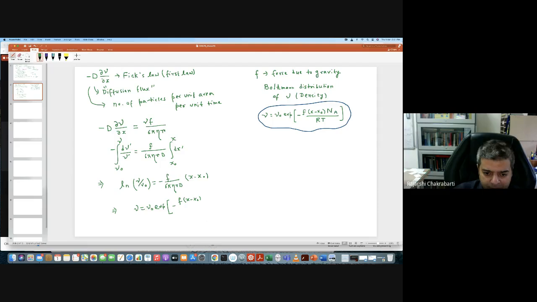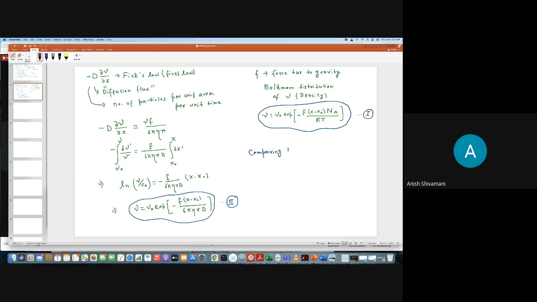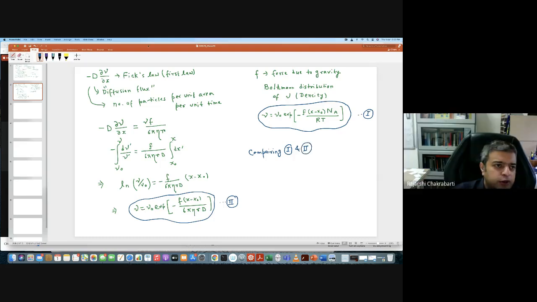This one divided by 6 pi eta r. Now I can compare these two equations. If I compare this to what I'm going to get, this equation I'm calling equation 1, and this one I'm calling equation 2. So comparing 1 and 2, what do I get? B equal to RT by 6 pi eta r. Compare 1 and 2, you're going to get